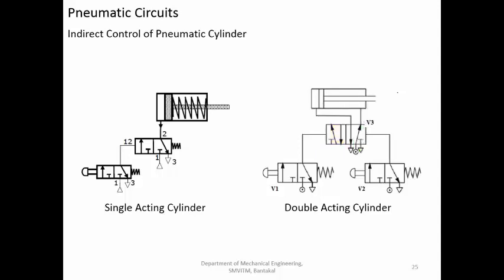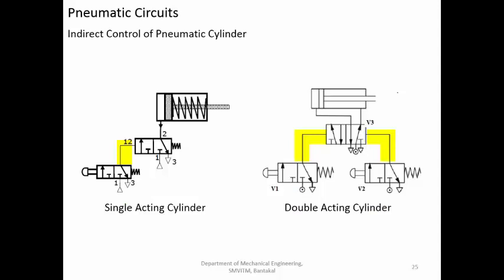Now the main advantage of using the indirect control is whatever the signals you are using for the push button valve here, they can be of a very low pressure. Maybe 4 bar or 5 bar pressure is sufficient. But whatever the air pressure is going into the actuator here, this compressor, it can be of a very high pressure, because only this air needs to push the piston which is connected to the load. But in this case here, we are only pushing the push button, and whatever air is coming out, that is only operating a valve.